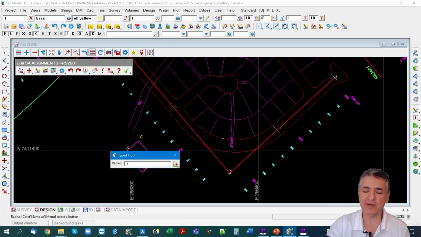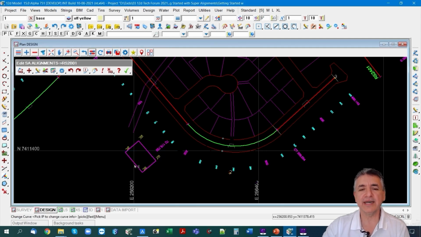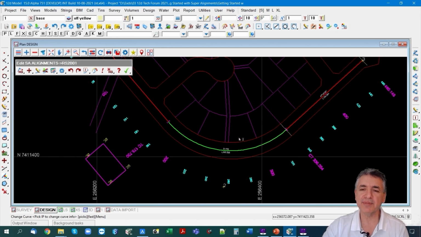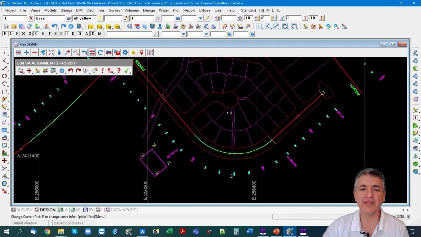So I want halfway between that, so negative 100, and negative because it's a left hand corner. Enter, and there's my radius that's been put in there, and that's what I'm after. Okay, and that's all I need there. So I can just